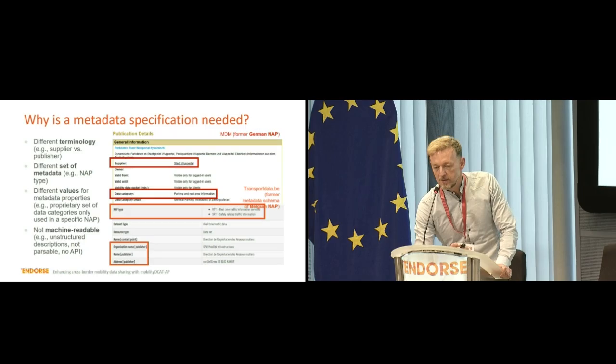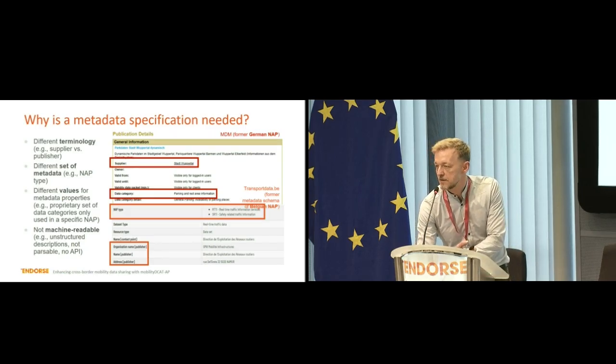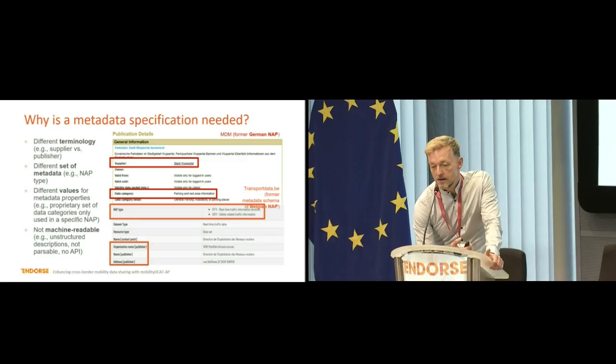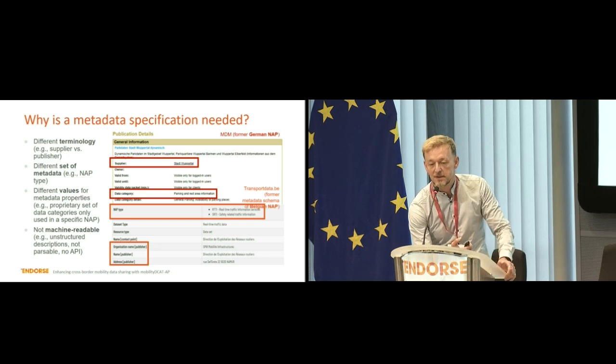When you look up those platforms, you will find metadata that you probably know from other domains, something like the data supplier or the license, and so on. However, there are also some very mobility-specific assets, something like a data category that says what kind of traffic infrastructure you're looking at, for example, parking, rest areas. You might imagine that when every EU country is doing something like that, very often it's heterogeneous and not really consistent. Many silos have been developed.